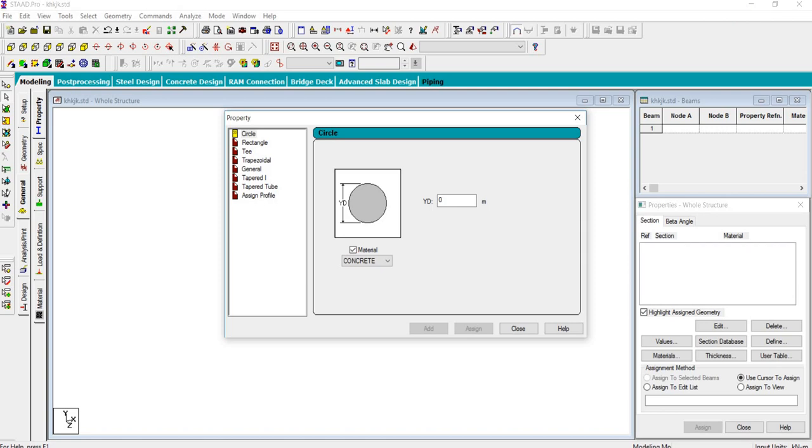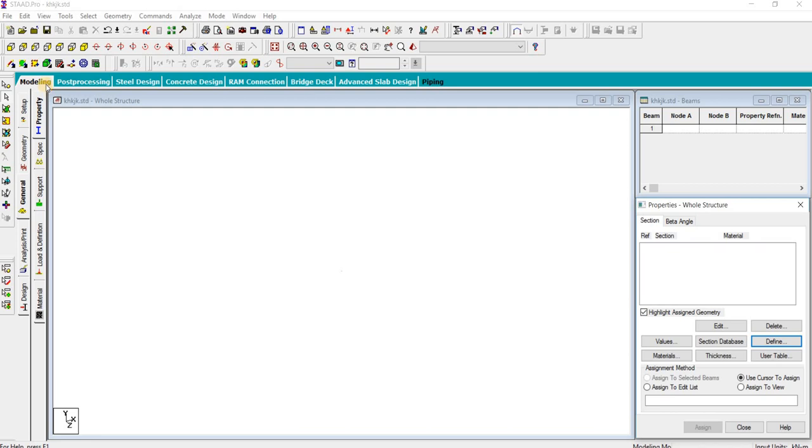On the top of the main window, we have different operations. Right now, currently we are in modeling mode, where we can model our structure and apply a load. After those things, we can go for the next option, the post processing mode, where we can see the result. In this post processing mode, we can see the results of analysis like bending moment, shear force, axial forces, and other things.